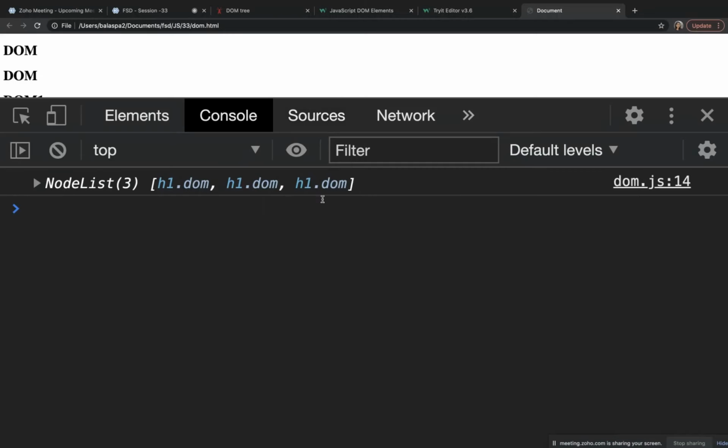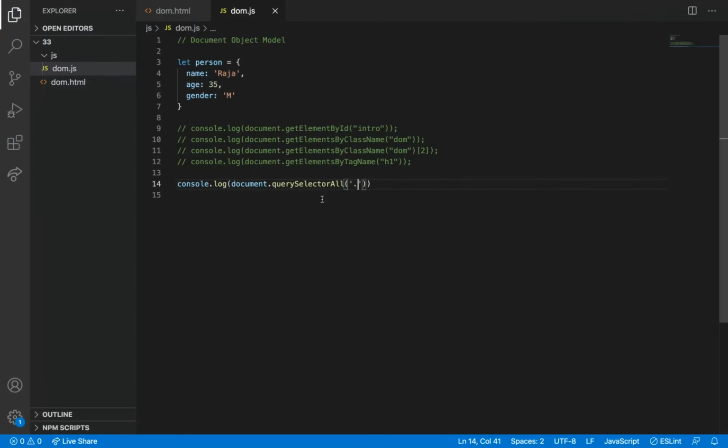Okay, are you clear till now? Like how we are accessing the elements. So first we will access, and then we may change the color, and then anything we can do. So these are the methods. Using this, we can access the elements. So I think you need to know how it works, but still this is the better thing to use, right? Because only one thing is accessing, which contains all the functionalities which we are using here.